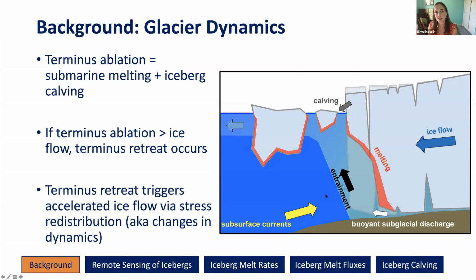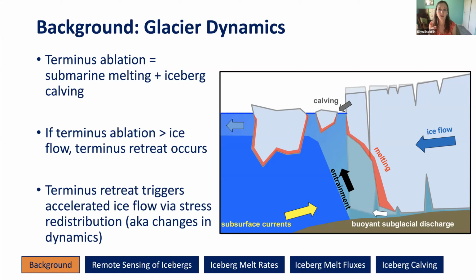And this is the process, well, actually both of these processes are really difficult to understand. Because like I said before, imagine you don't want to be in a place where an iceberg could calve off at any given point. That's a really dangerous location to be making observations. You also don't want to be on the glacier surface at that point either, because it is going to occur. It's like trying to predict an earthquake. And so you don't really want to be right there because that block of ice you're standing on could just break right off. So we have really limited understanding of these processes that are going on, but they're really critically